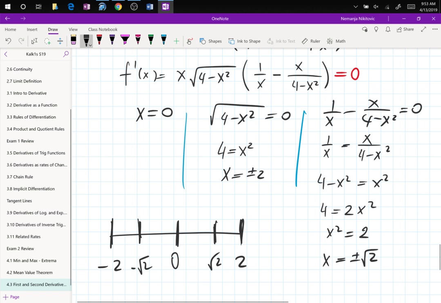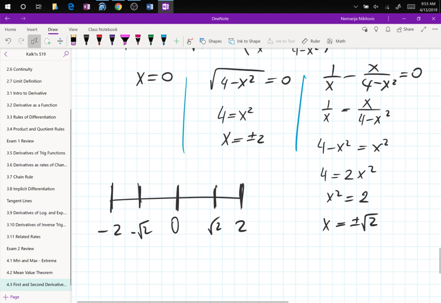So we go and we say test points. Well, definitely negative root 3 would work fine. Negative 1, positive 1, and square root of 3. Because square root of 3 is less than square root of 4, right? Square root of 4 is 2. And square root of 2 and square root of 3, right? 2 is smaller than 3, so root 3 must fit in. So that's perfect, right? So we're going to use